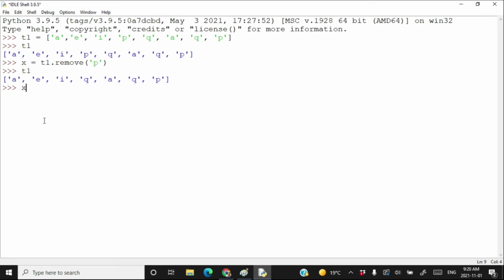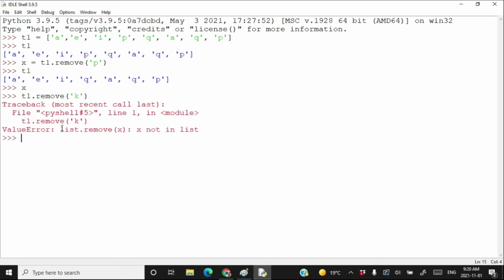And what is there in X? X contains nothing because the remove method returns nothing. So only the first occurrence of data will be removed from the list. If you call the remove method with a value which is not present in the list, like T1.remove of k, it will throw an error.